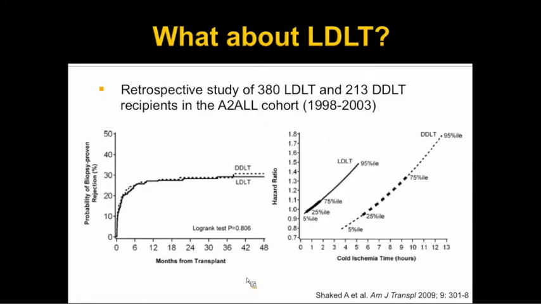In both segments of the cohort, the patients were clearly sensitive to cold ischemia time in terms of their risk of rejection. And this confirms what I showed you in that earlier study from the LTD cohort in the 90s that also found longer cold ischemia time to be a risk factor for acute rejection.